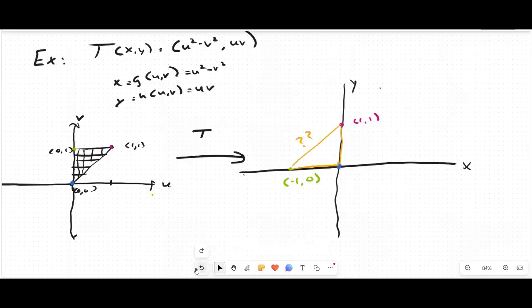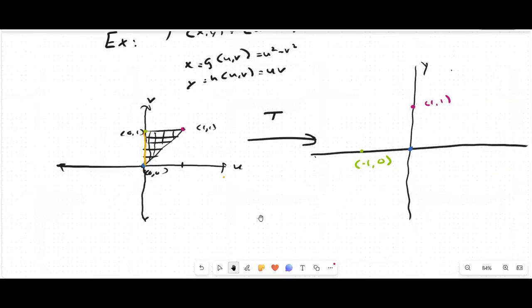We now have to ask, well, what about the edges? Let's try, actually, that's going to be a harder edge. Let's try the easier one first. Let's try this one right here. Well, if I move from 0, 0 to 0, 1, I'm only ever changing V, right? So if I look at that edge there,